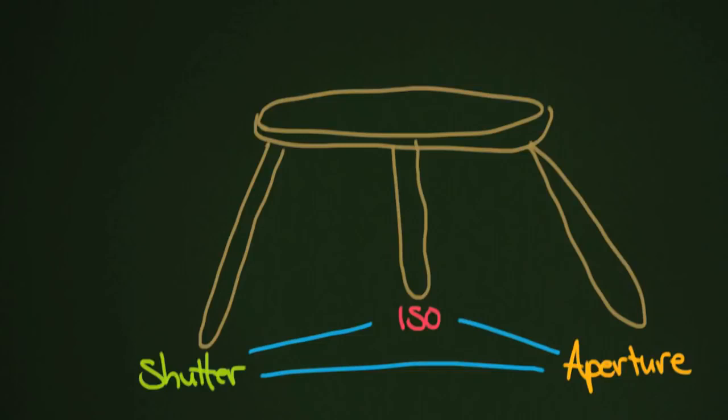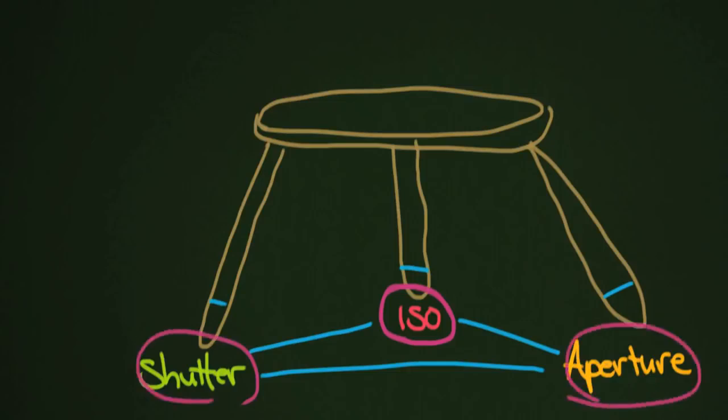So just like if you were to shorten one of these legs, you would then have to shorten all of the legs, or you'd have to adjust them so that they would all create a flat stool. A lot of times, photographers when they're first starting out will first lock in one. So for example, back when I started, ISO was always set by your film. So you had a piece of film, and then your only two variables were your shutter speed and your aperture. And then you just could mess around with those two